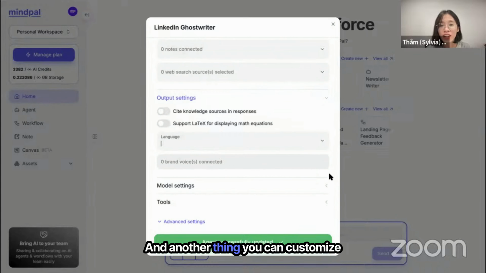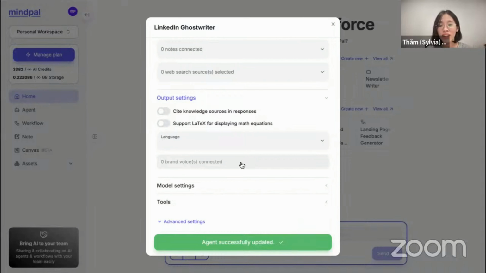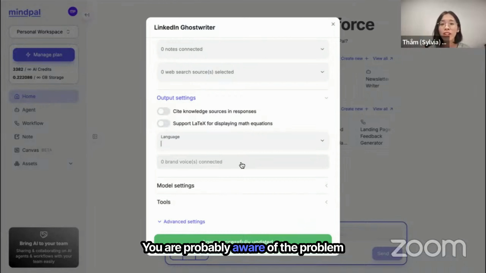And another thing you can customize for the output is brand voice. This is a very, very exciting feature. This is where you can teach the agent to write in the exact style that you want. You are probably aware of the problem that AI-generated content could feel really robotic